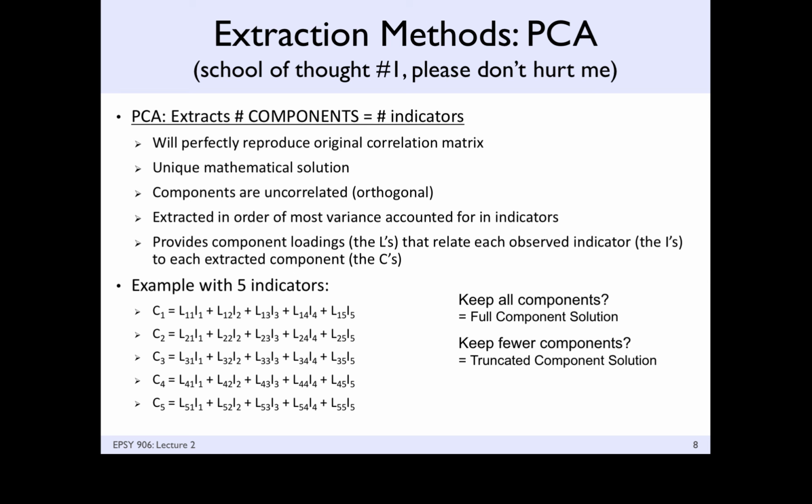Right? Basically, each component is a weighted sum of each of your items. If I is the item and L is what we would call an element of the eigenvector itself, this is just a mathematical convenience because we can quantify the variance of each of these components, and sure enough, the sum of the variances of the components equals the total variance in your data. But the first component will have the highest amount of variance. And not only that, it will be orthogonal to the second component,